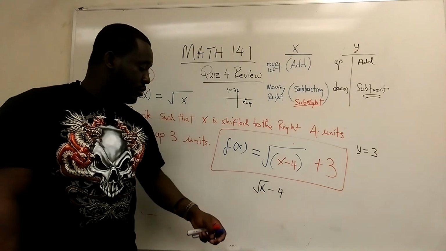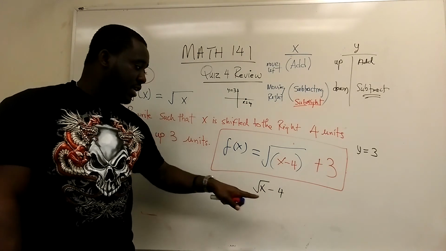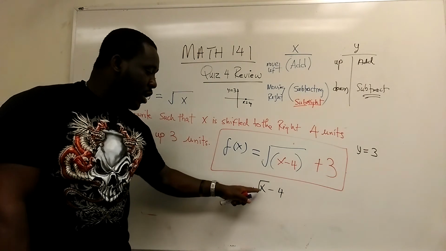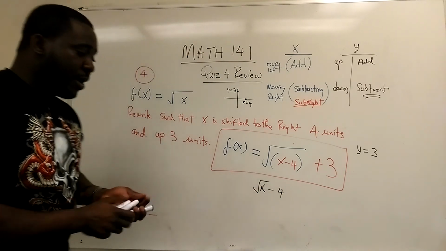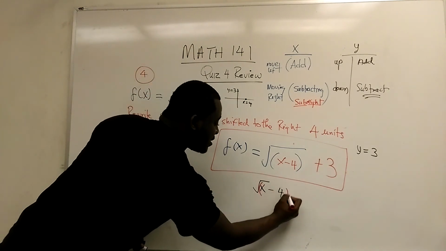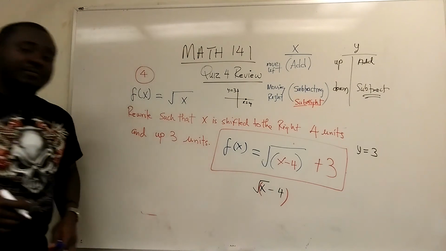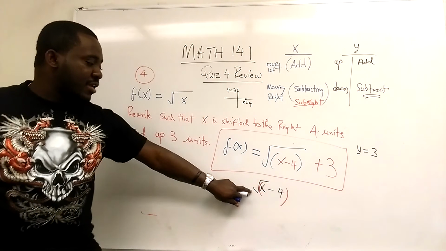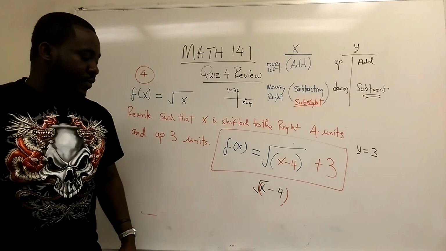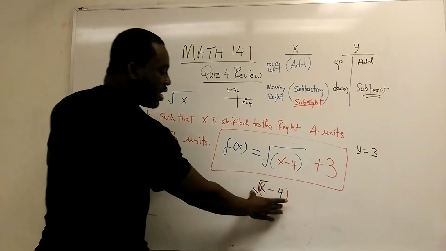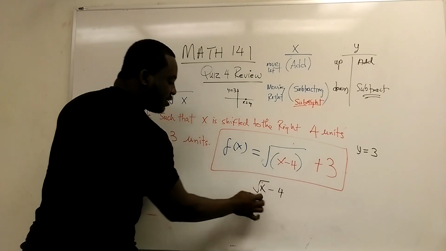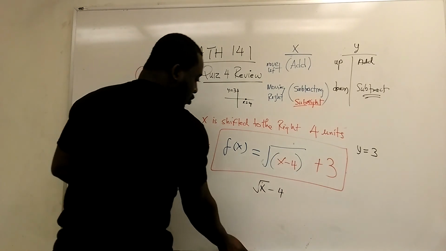This is wrong. This and this are not the same. You're trying to say square root of x minus 4. But if you remember to bring a parentheses like that, this is the same as that. It means square root of everything in the parentheses. Alright? So this and this first part are the same. But if you don't bring a parentheses, it's not the same. So always remember,